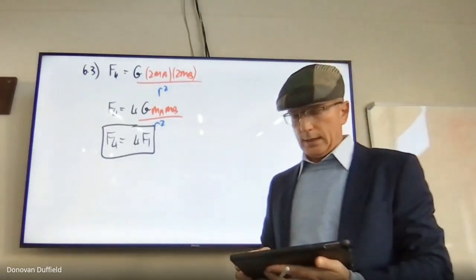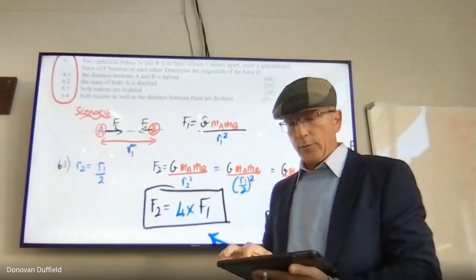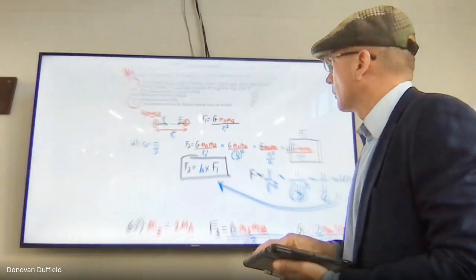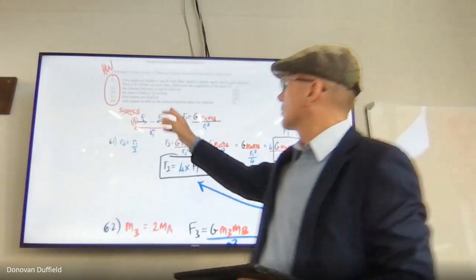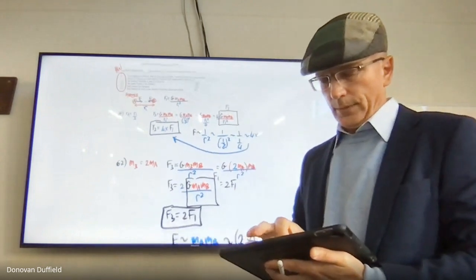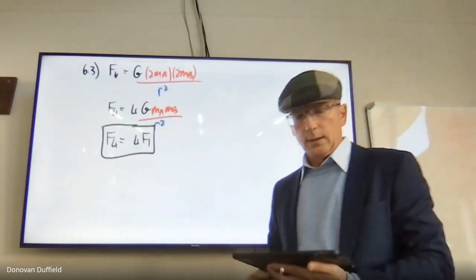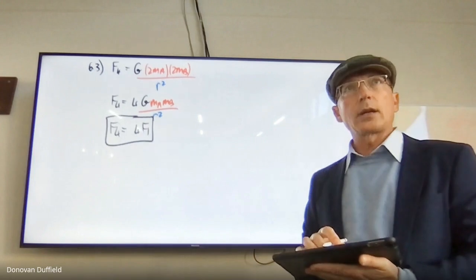If we look at 6.4, both masses as well as the distance between them are doubled. So if we look at that, I'm going to do this slightly quicker, we're going to say,